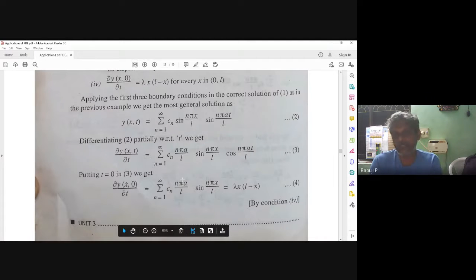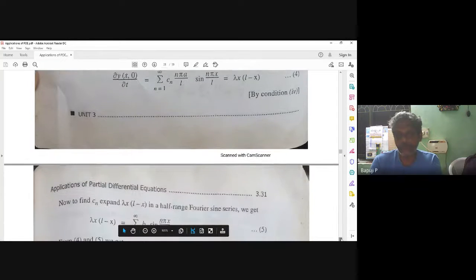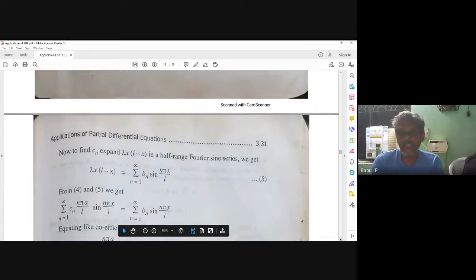Carefully you can write this. There I wrote just Cn is equal to Bn, but here it is different. There I already got Cn sin n pi x by L sin n pi a by L, where this whole thing is Bn. So from this Cn, if I substitute, I will get something extra, L by n pi a. So carefully you can do this. So Cn n pi a by L I am putting as Bn. How does it appear? From this, what are you understanding? Bn sin n pi x by L equals f of x means nothing but what? This is the half range Fourier sine series. Correct or not? Any doubt? Yes, then integrate.